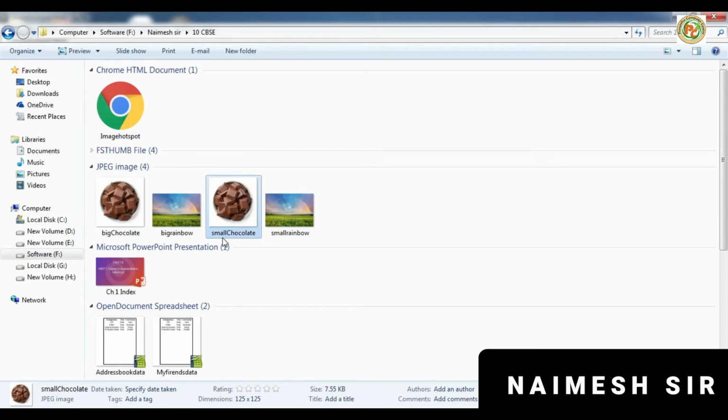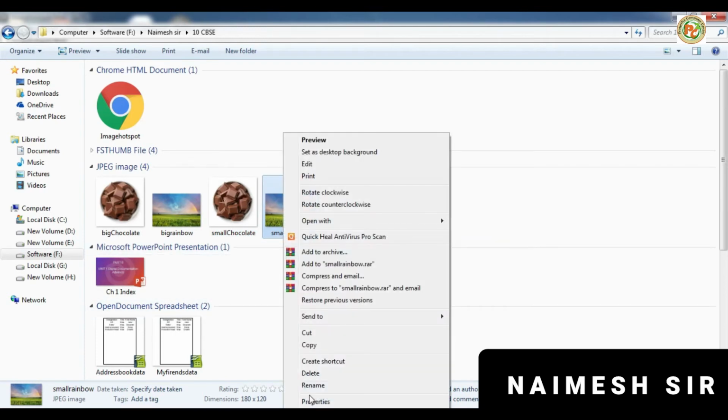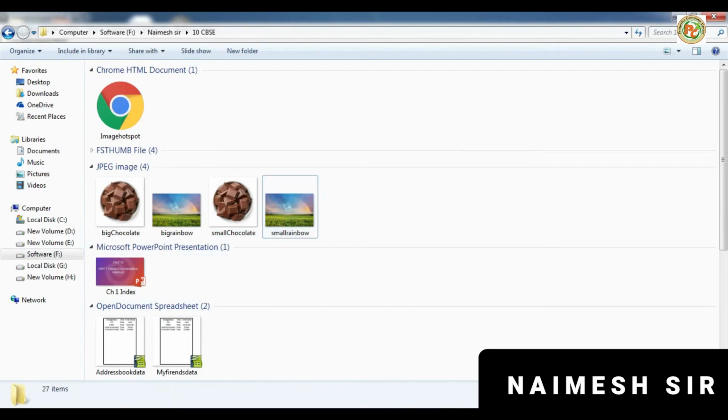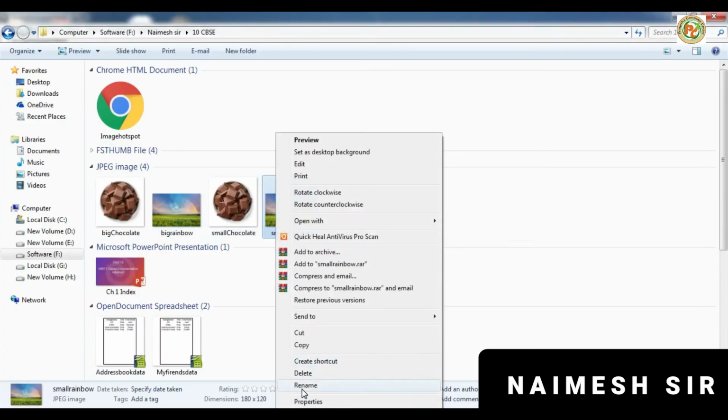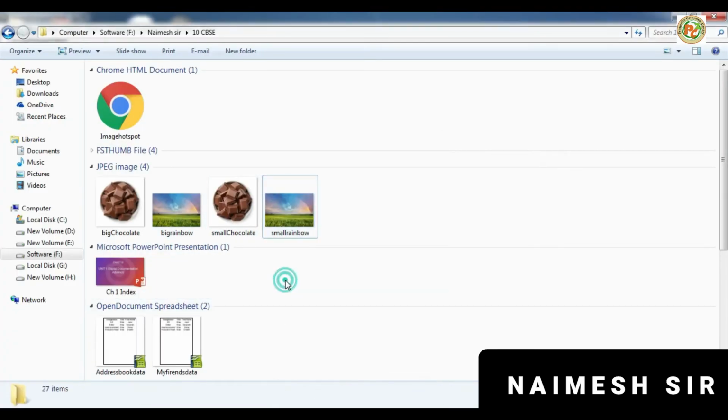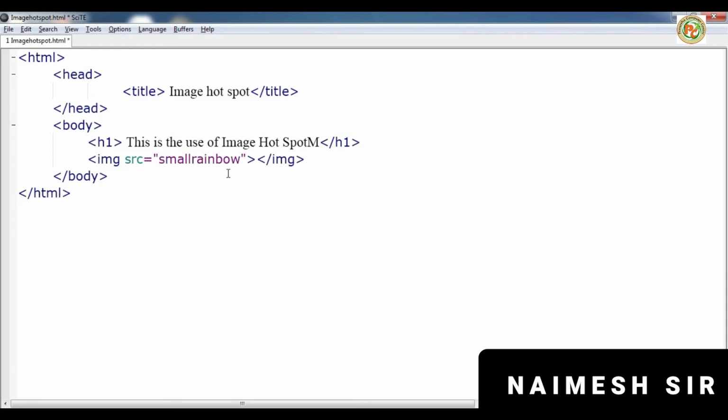Now we want to open the small image here, so we'll copy the name of the small rainbow image, come back here and type the image source, paste the renamed name with .jpg.